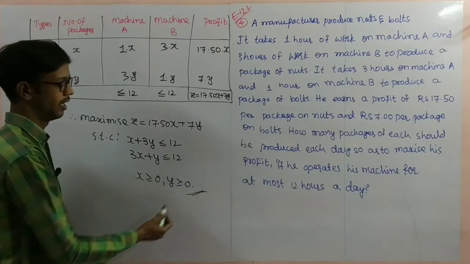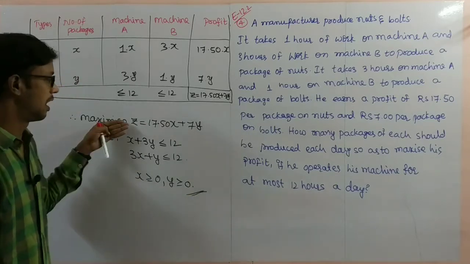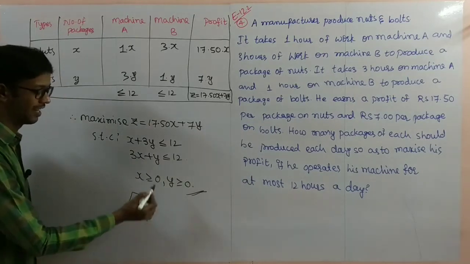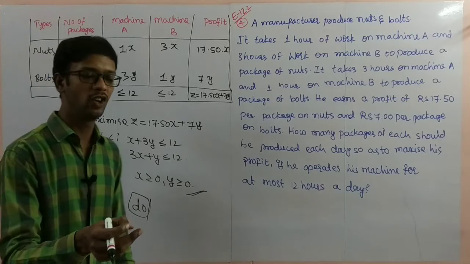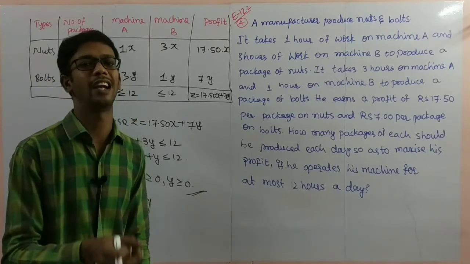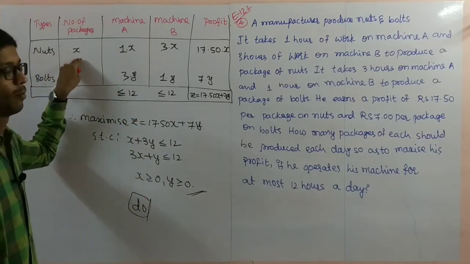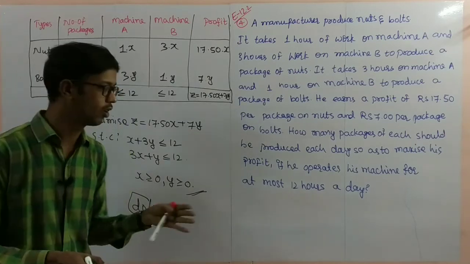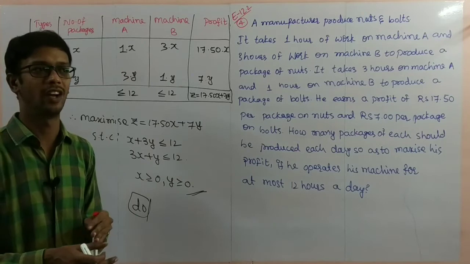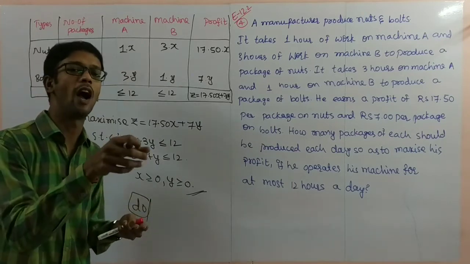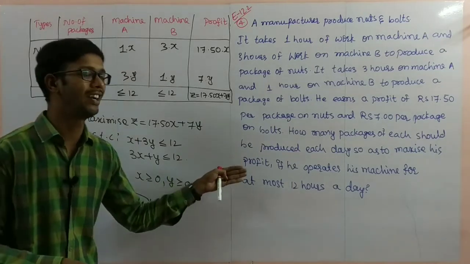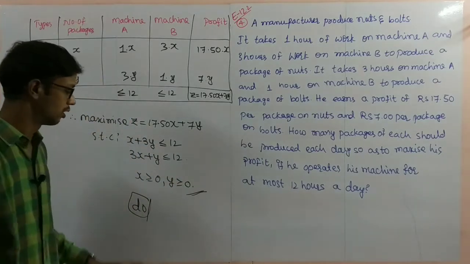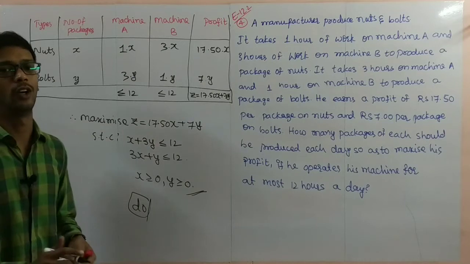So this is the linear programming problem. Objective function subject to constraints. Graph you take as a homework. In the graph, the maximum value you will get at one particular point, x and y. X is nothing but nuts packages, and Y is nothing but bolts. So you have to write where the maximum value is obtained. That maximum value point is important here. Here you have to write the point values, x and y values. You have to mention clearly. So take that as a homework. Pause the video to note it down.